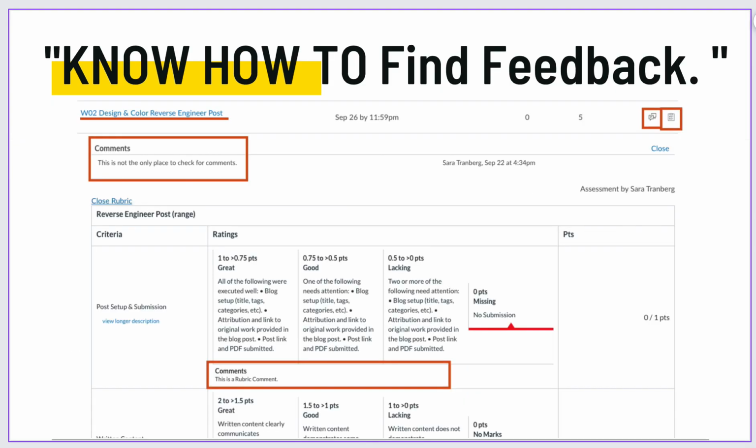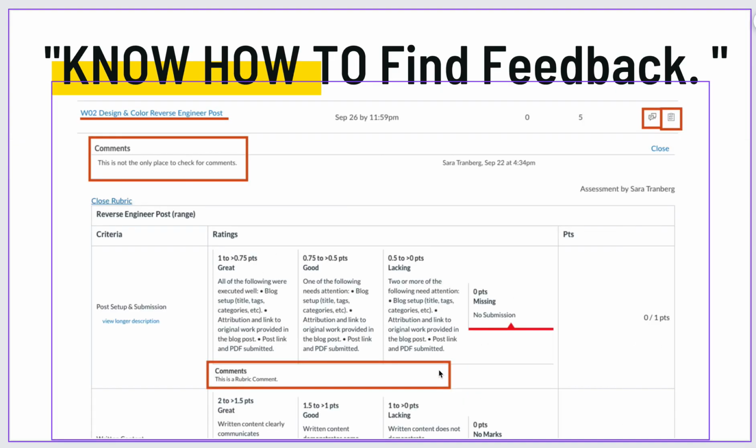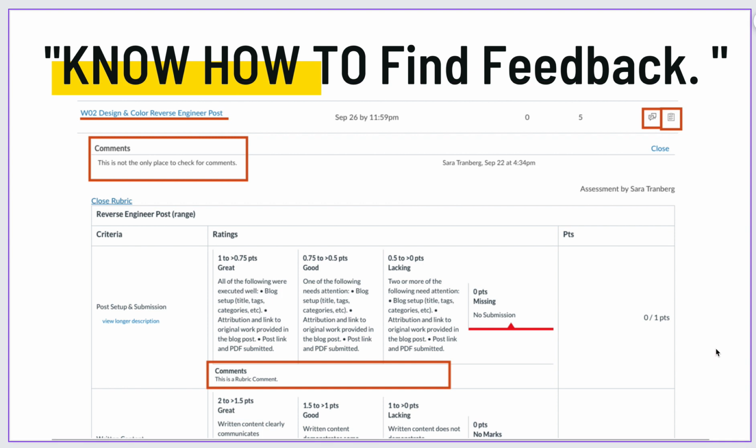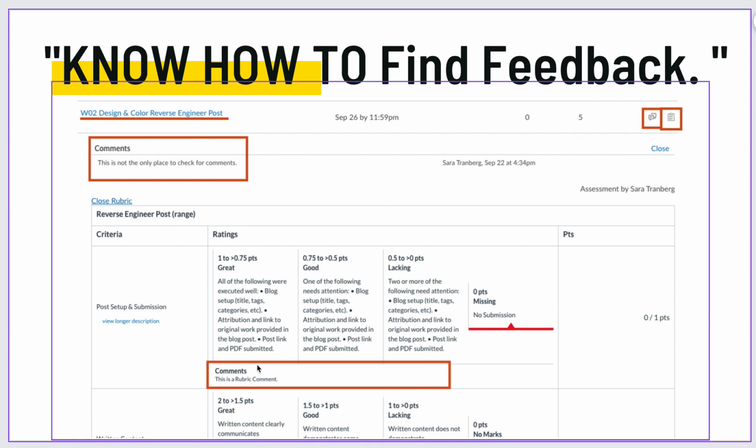Another thing that they mentioned as useful was knowing how to find feedback. You can access these pages through your grade book. Probably you're familiar with this if you've taken other courses through Canvas and through BYUI. Places that I put comments, you'll see comments through the normal back and forth chatter as we comment about assignments. And then also where you'll see the most comments is right here in the rubric. And then you'll be able to read the descriptions about why the points are laid out how they are, okay,